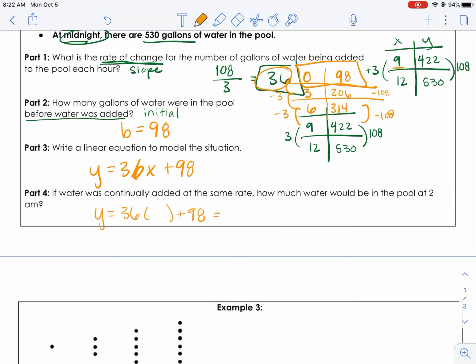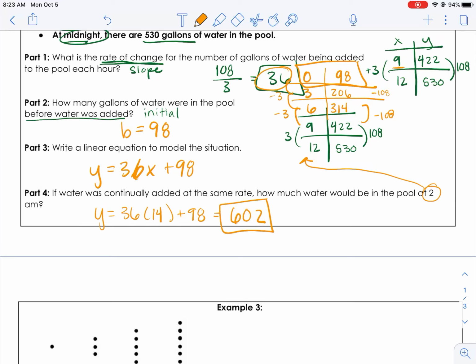So we shouldn't be plugging in 5. We're actually going to plug in 14 because 2 is coming 2 hours after midnight. My bad there. So if we plug in 14, we'll do 14 times 36 plus 98, and that gives me